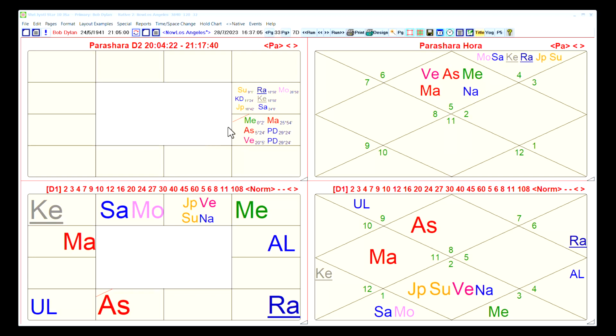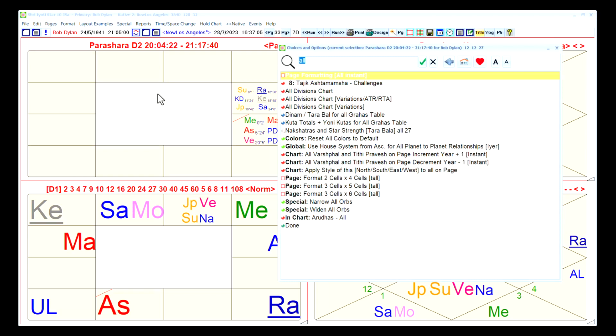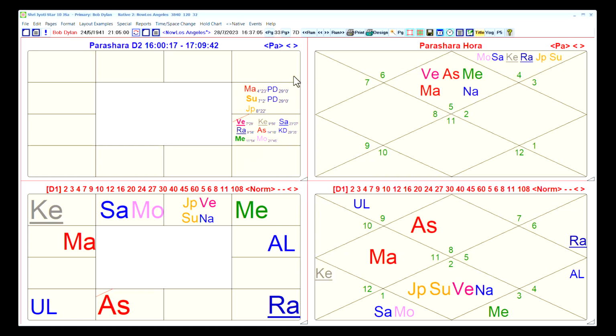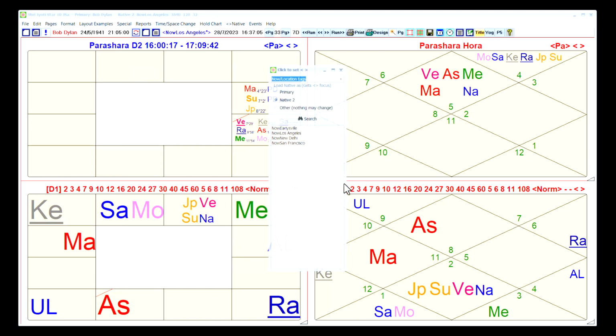So for example, if you want to put the now Los Angeles chart here, we can just click on it, and if we have been searching on something else, we can remove that. And then you'll see native for this. So you click on that and you click now Los Angeles, and then you're done. We could actually apply any chart from our database. For example, we right click on it and we select native for this. I mean, these are the ones we've already loaded, but there's also this add natives from list. So we click on that and we'll get